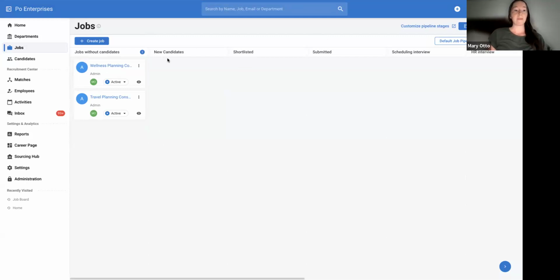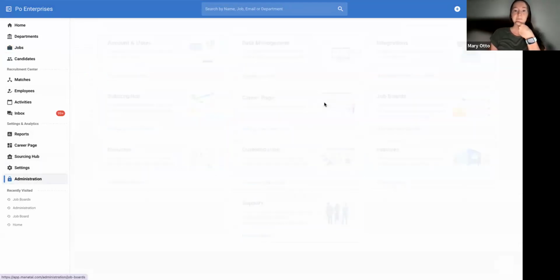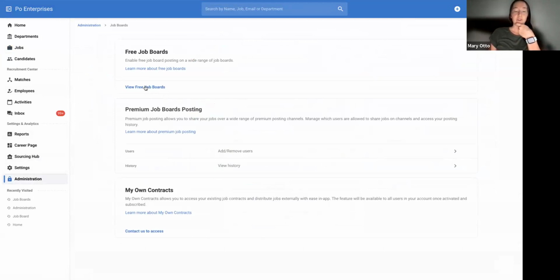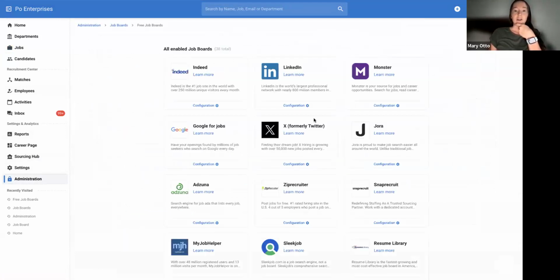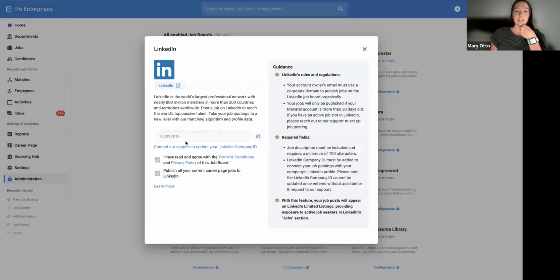to LinkedIn. Okay. With your job boards, you're not going to be able to see them until your account is verified. But once it is verified, if you go under the administration and you go to job boards, manage your job boards over here, you're going to see, you view the free job boards here. You're going to see LinkedIn, and you do need to make sure you configure your LinkedIn page ID, your company URL. If we go over to LinkedIn,